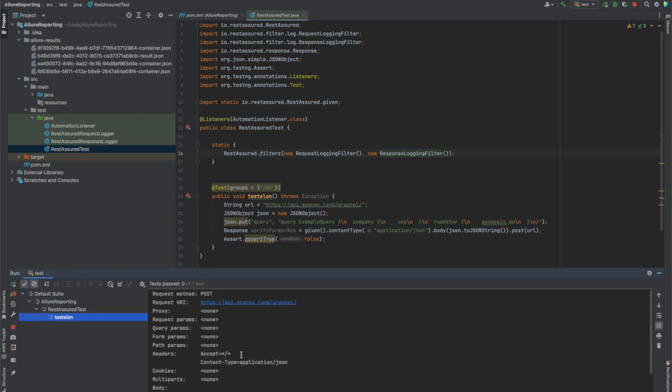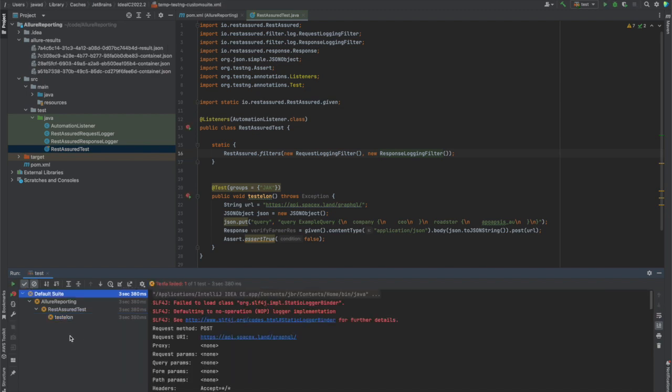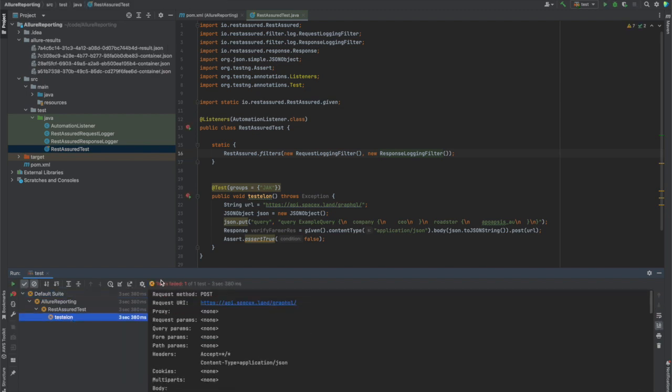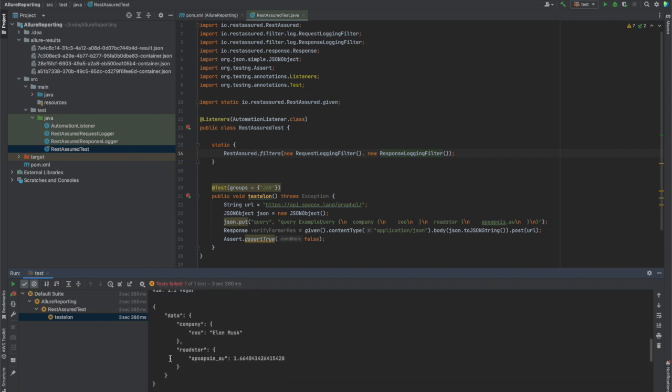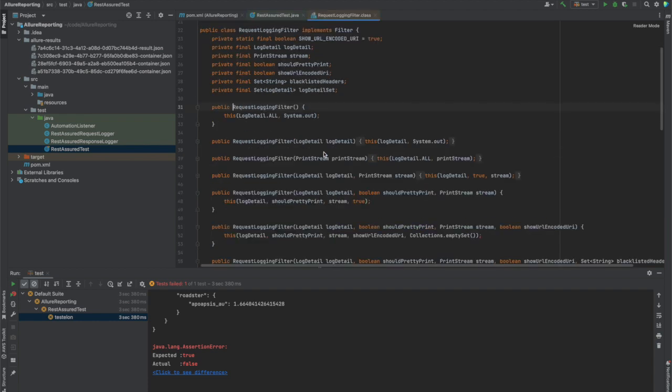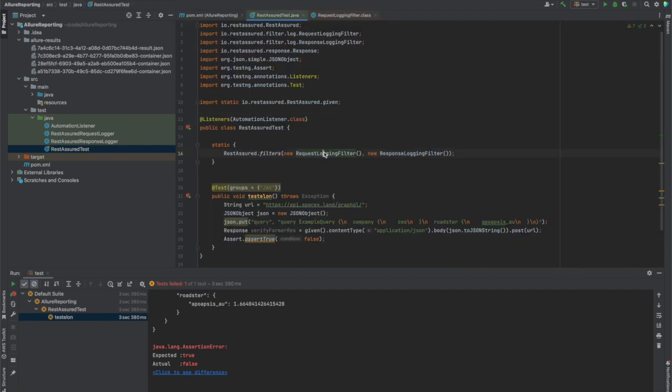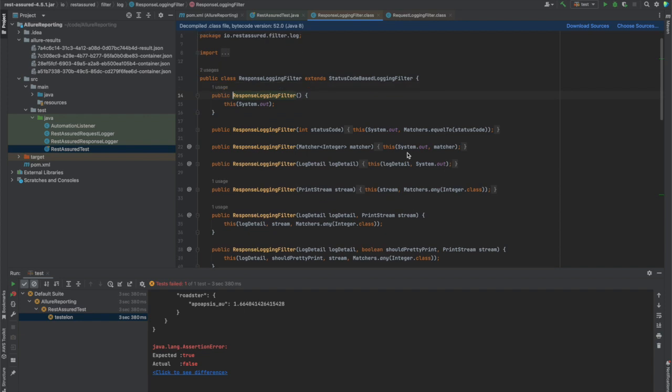Great. This is logging all of it. So if you can see here, it has logged the request method name, the URL, the headers, the body, the response headers, response body. Amazing. So, studying these filters,